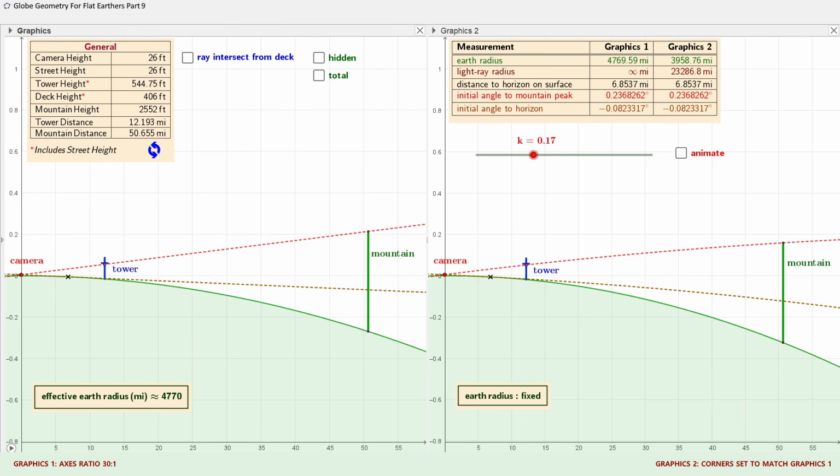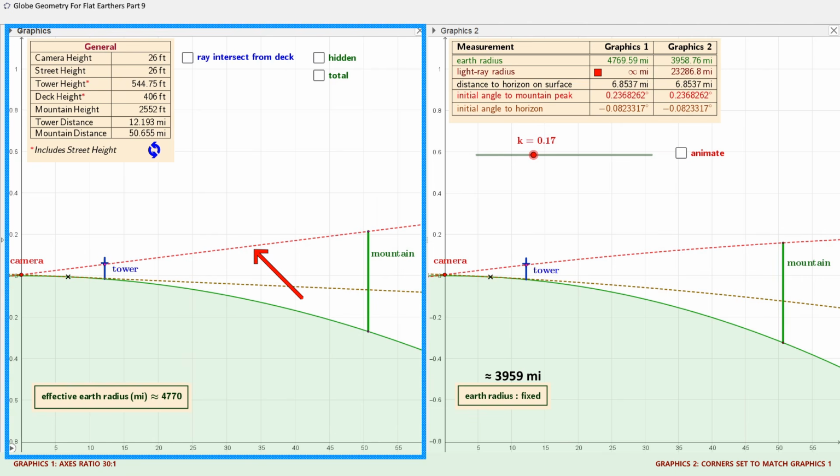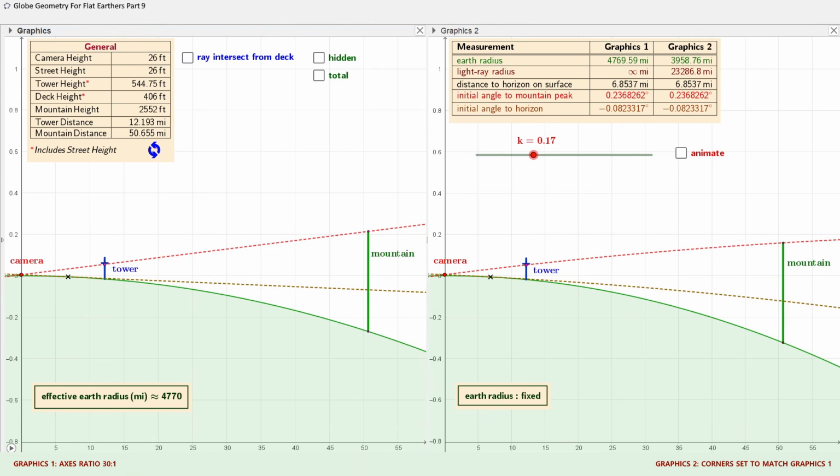That was Brian's logic, trying to understand the what, but maybe not so much the why. So here I have two methods side by side in a GeoGebra split screen. In this method, the Earth's radius is fixed and the light ray is curving. And in this one, the ray is straight, but like Brian says, the Earth's radius gets increased. So without going into the maths, let's see if we can visualize why these two different approaches give us the